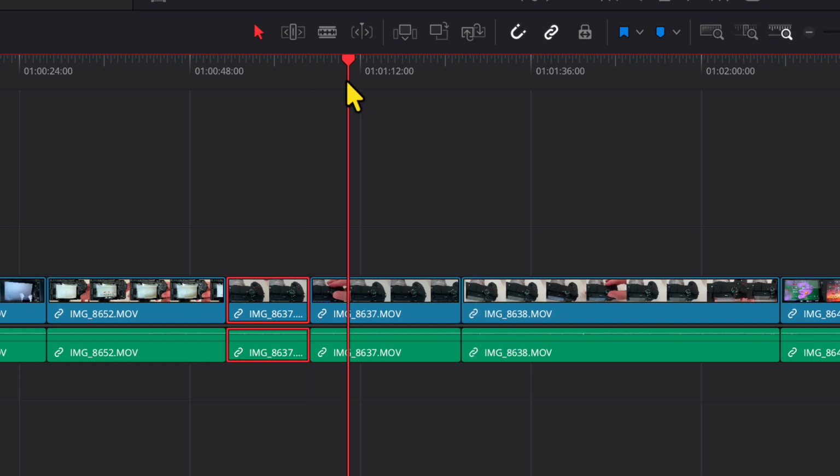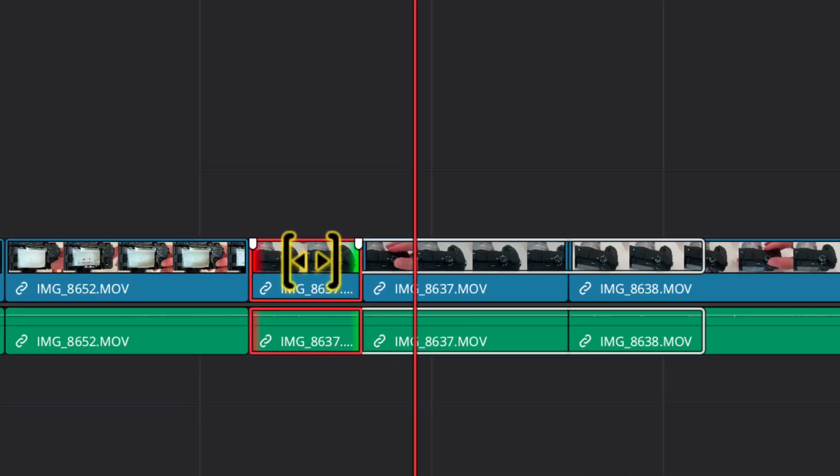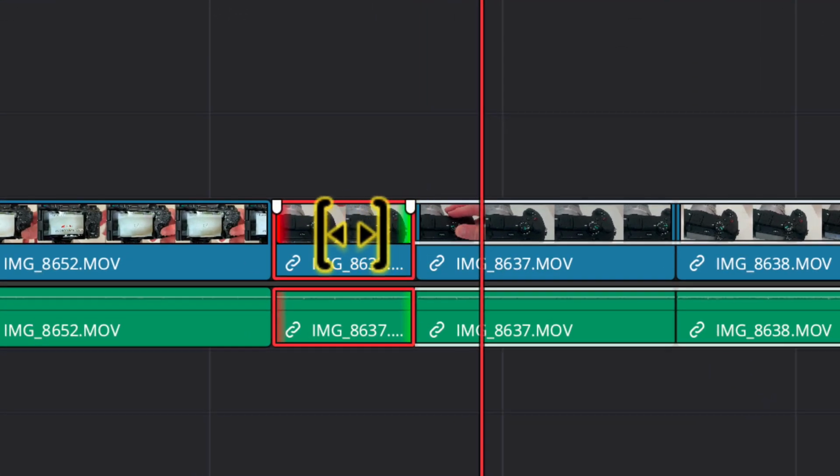The next mode to look at is the one just here. This is the trim edit mode, and this is quite an interesting beast. For example, take a look at this clip, which is actually longer than the space I've allocated. And look at the difference of the icons here. If I click on this icon in the middle of the clip, and I move it to the left or to the right,